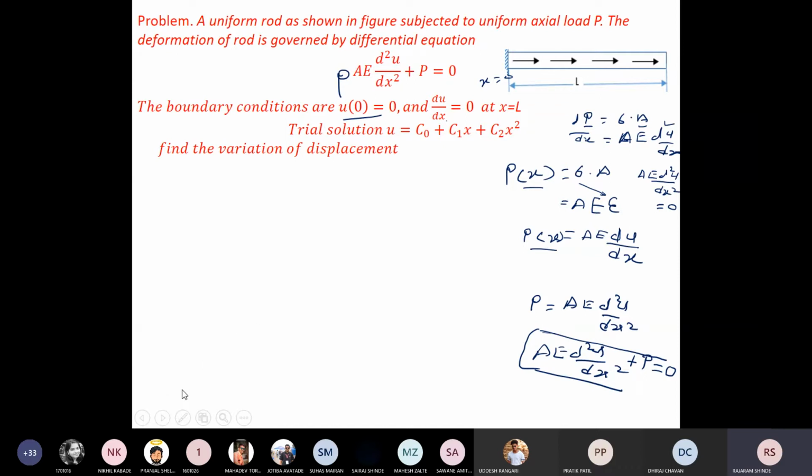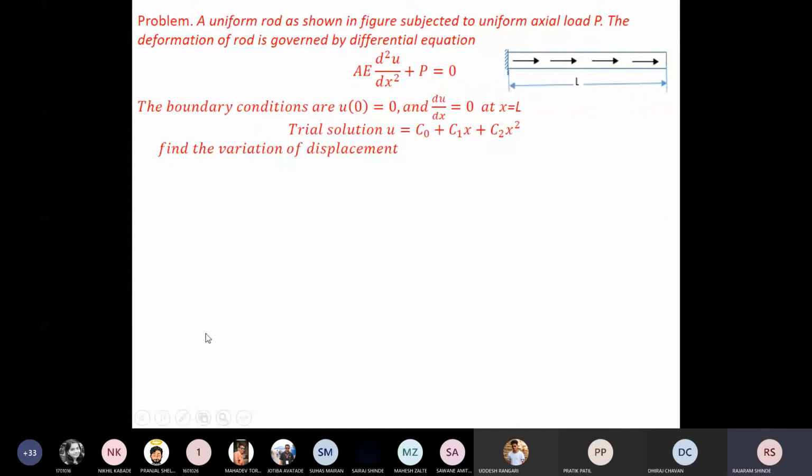Now, in the last lecture, I took two differential equations, but those differential equations were not representing any domain of a problem. Here it is a structural domain and it is a well-defined problem, and you know the differential equation of this problem. Then we have to solve this differential equation. How to solve this differential equation? I will tell you. Have you got it?